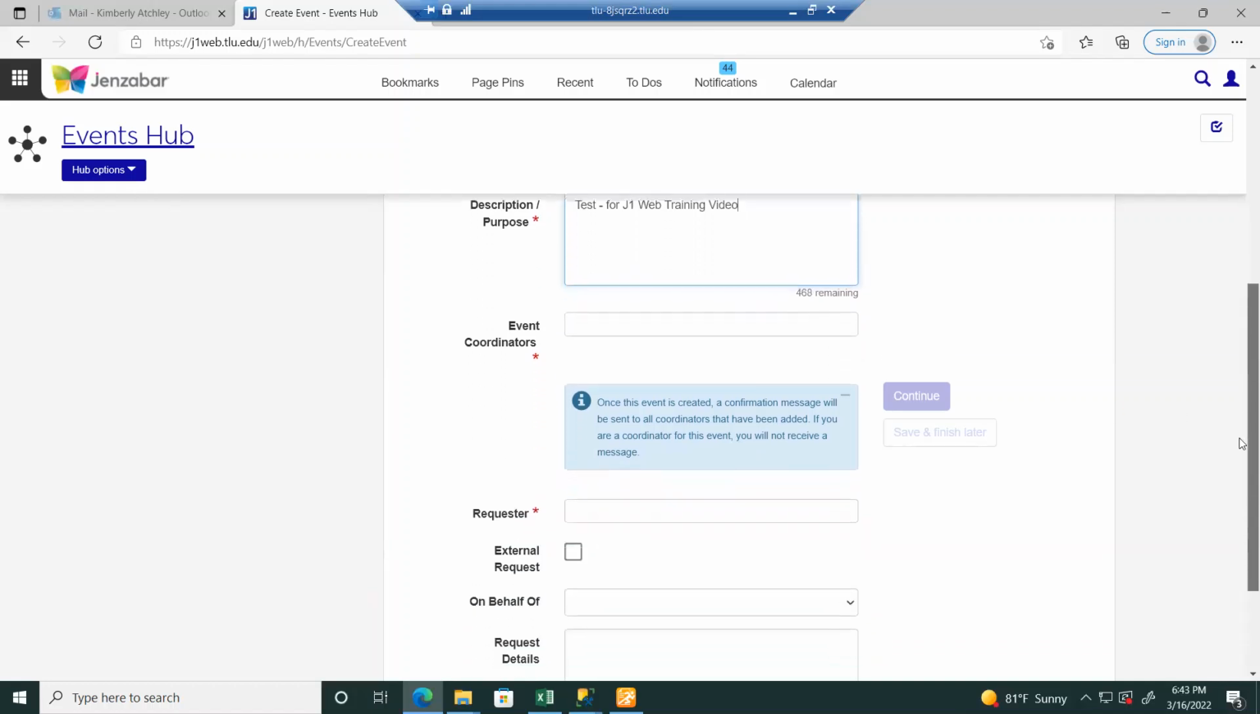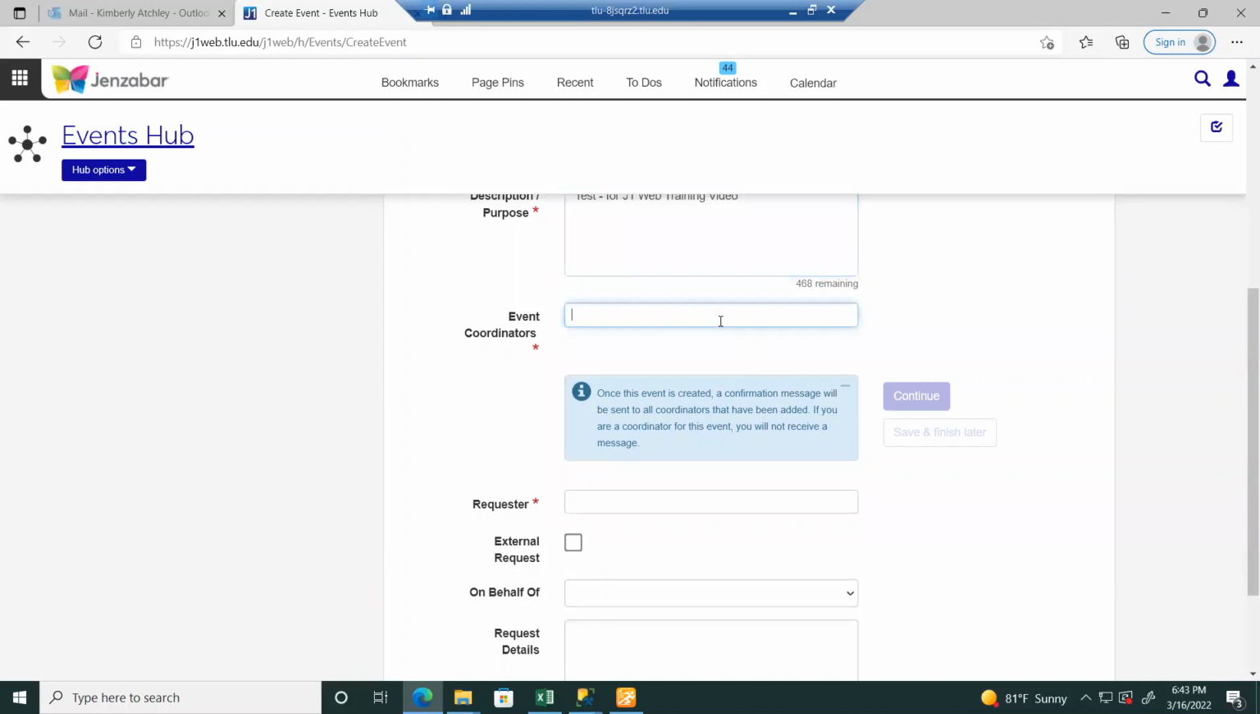Here you're going to want to put in the event coordinators. This is a very filtered list, so only people who have been added as an event coordinator in j1Web will appear. So you'll see that we have Denise Casas, we have Olivia Van Hook, and we have Denise. In this case, I'm just going to put myself